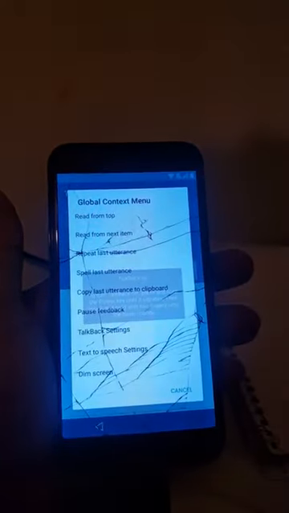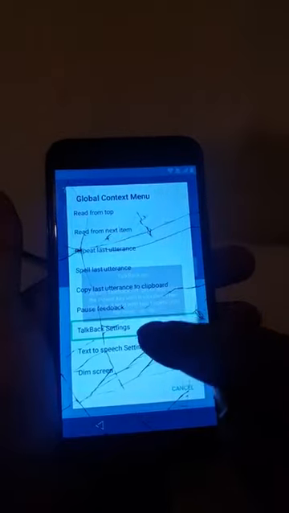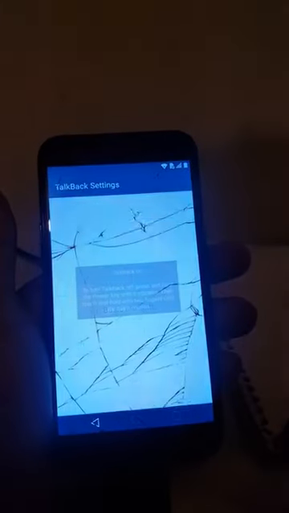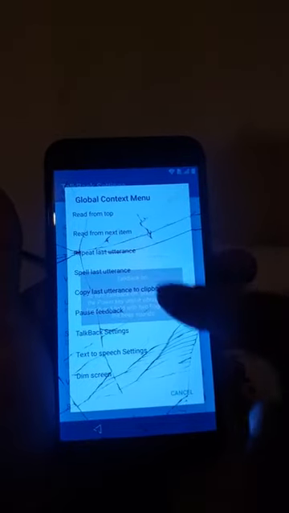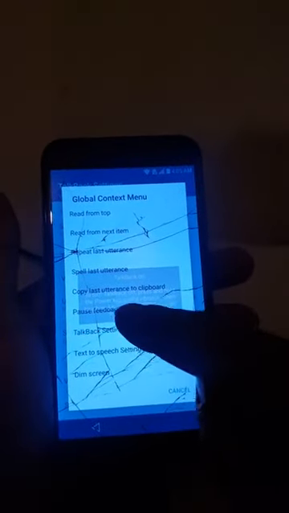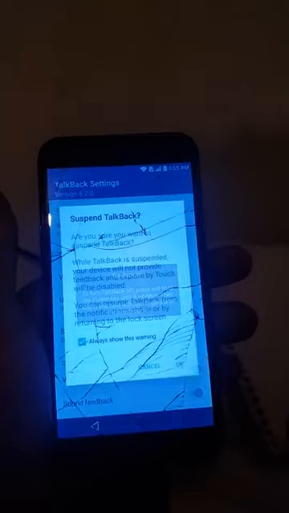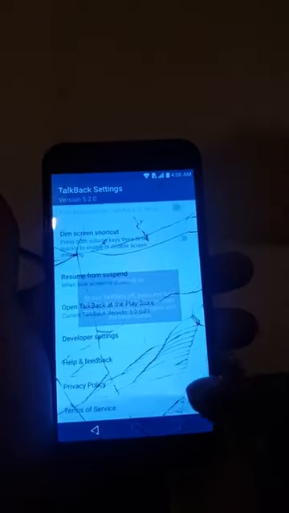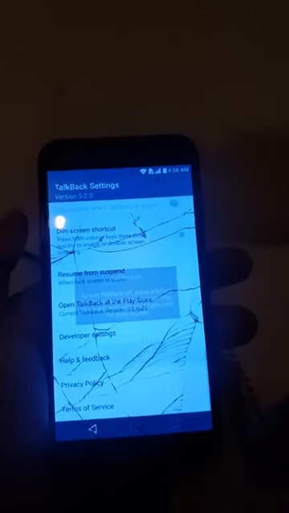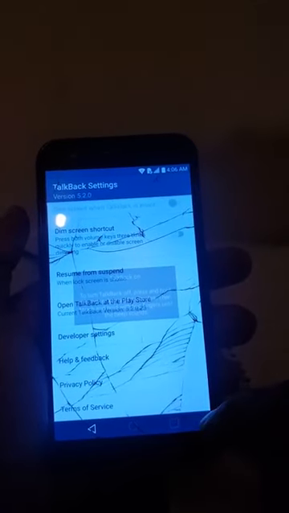You go to settings, then you go to the L one more time, and you go to pause feedback. Okay, that's it. Now we can freely move through the menu, help and feedback,